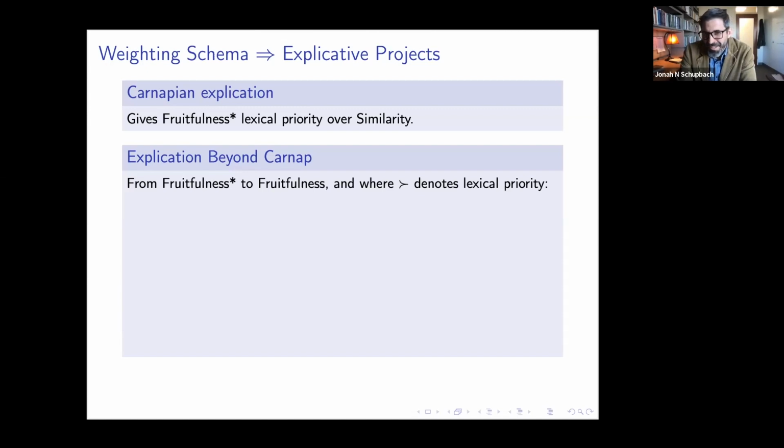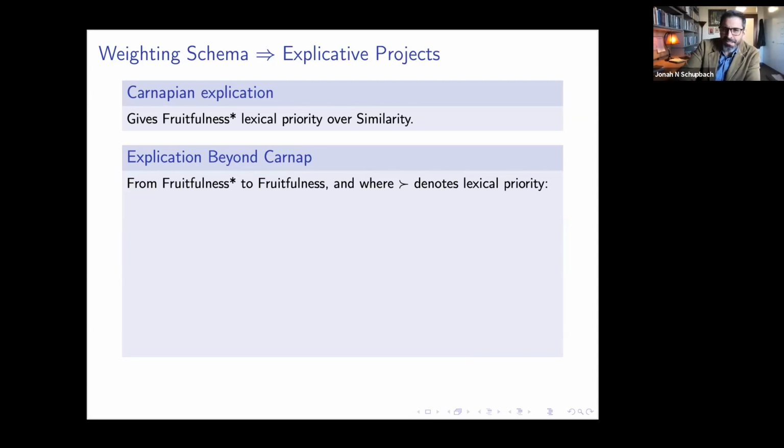So instead of using that asterisk now, I will just talk about fruitfulness as a desideratum more generally, where we're talking about, and typically, actually inevitably, in this talk across the board, I'll be talking about an epistemic sense of fruitfulness, where we lay down epistemic goals and epistemic ends we have, and we talk about the fruitfulness of an explicatum as that concept's ability to allow us to achieve those specific epistemic ends.